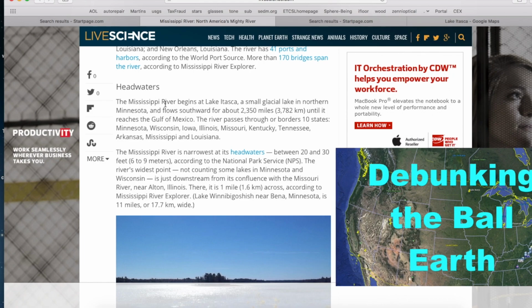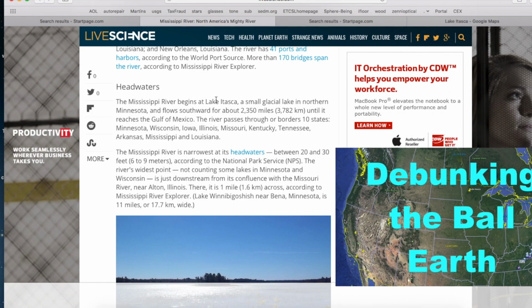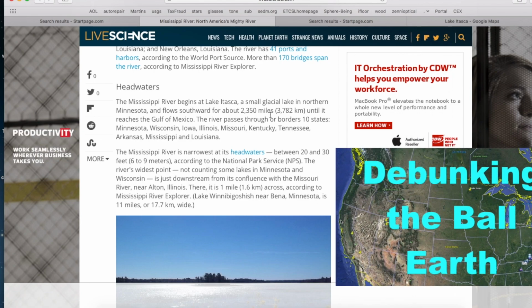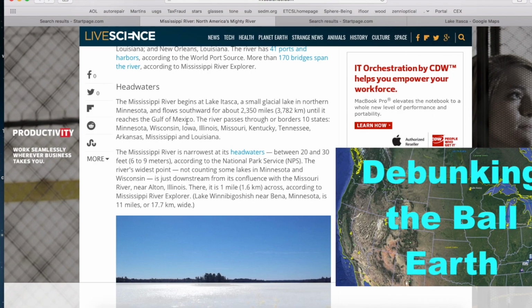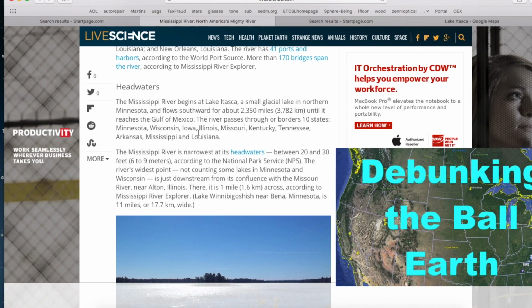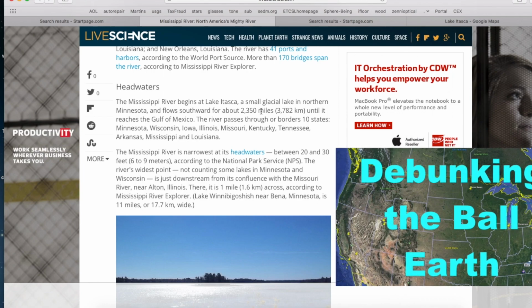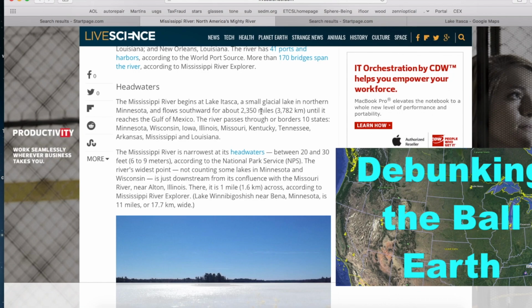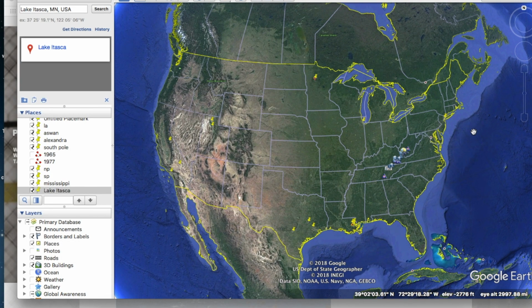It says the Mississippi River begins at Lake Itasca, a small glacial lake in northern Minnesota, and flows southward for about 2,350 miles until it reaches the Gulf of Mexico. Well, 2,350 miles. When you put that through the Earth curve calculator, you come up with about 697 miles of curve. Now, what that means is if we were to take this, and let's zoom out,